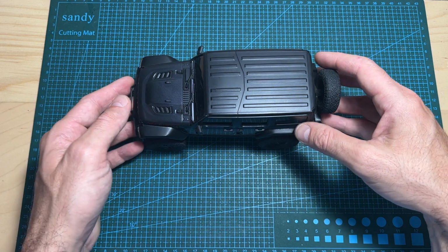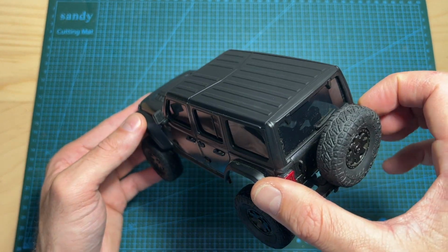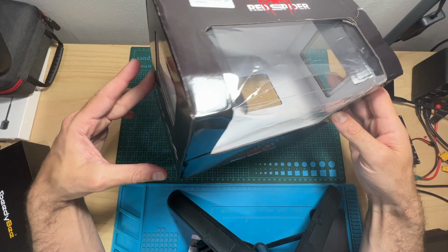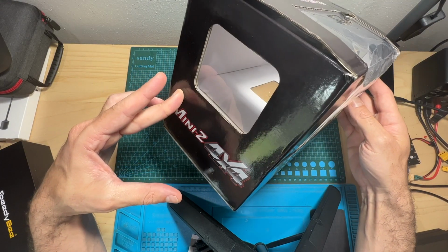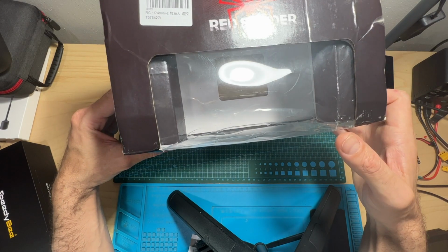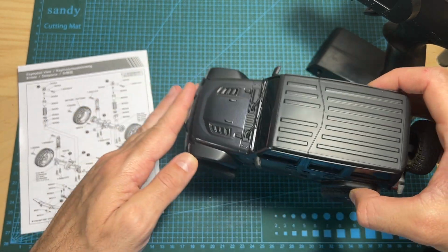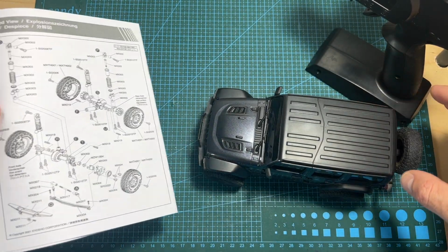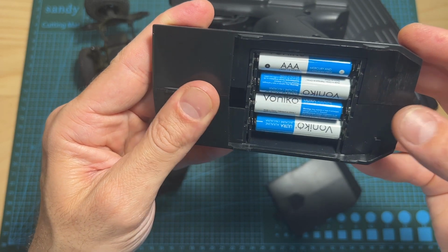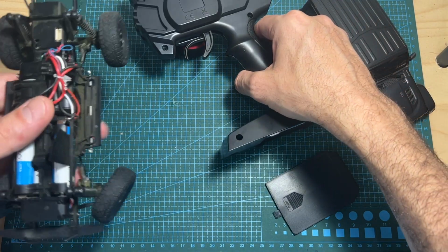Today in this quick video I'm going to check the Red Spider Mini Z 1:24 scale 4x4 mini RC car. In terms of packaging, the Red Spider Mini Z comes inside this box, which as you can see was a little bit damaged during shipping, and inside you can find the Mini Z RC car, the user manual and a radio controller. You should note that batteries are not included, and both radio controller and mini RC car are operated